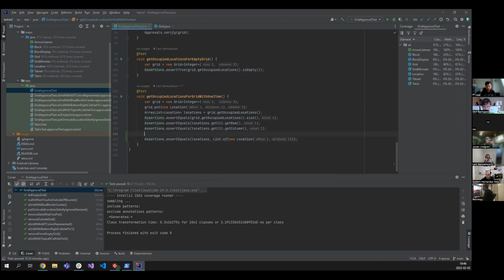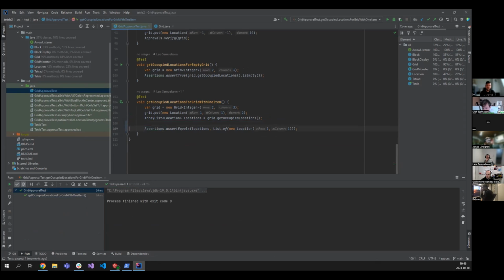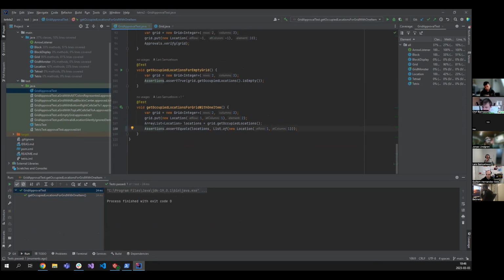Olaf mentioned that it might fail for now. Let's see. It doesn't. Cool. So this means we can get rid of the other 3 assert statements that we had there previously. And I'd delete them. And I'd also like you to extract this new location invocation into a